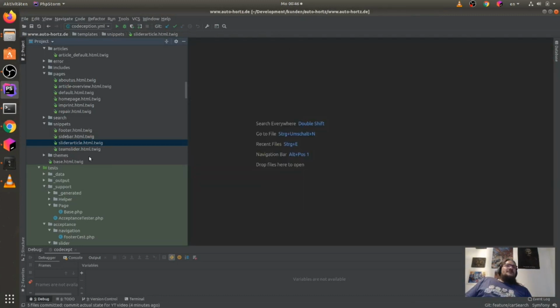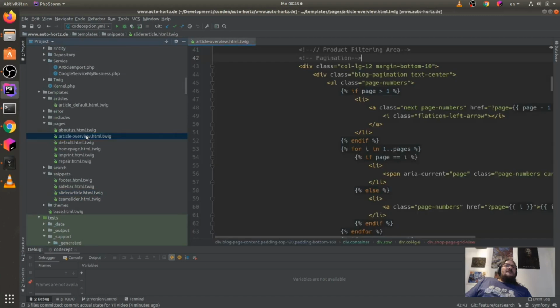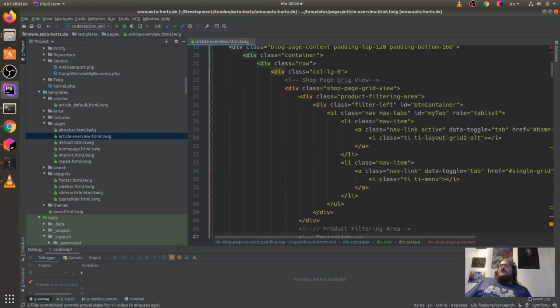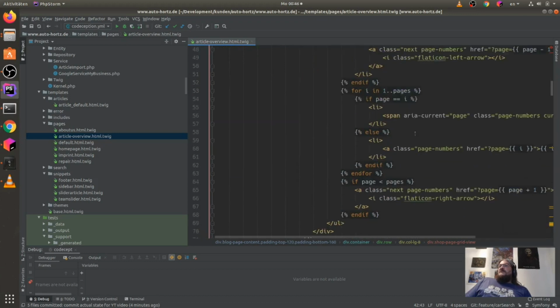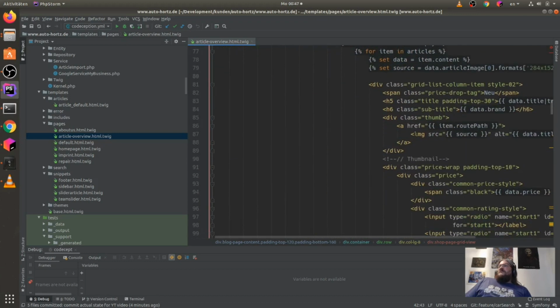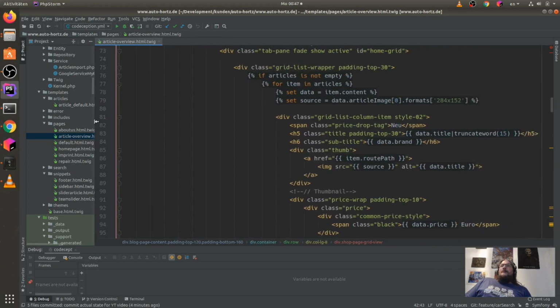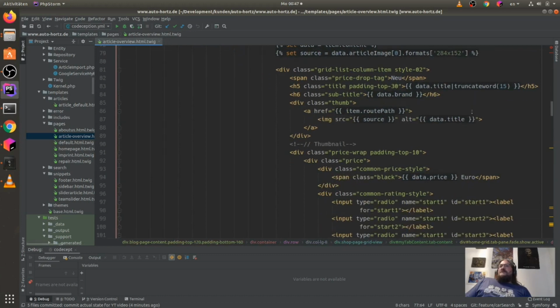So let's go super fast to our article overview and add some hidden fields. This is the paging, it's under the paging articles here for articles item data. We have here some title,